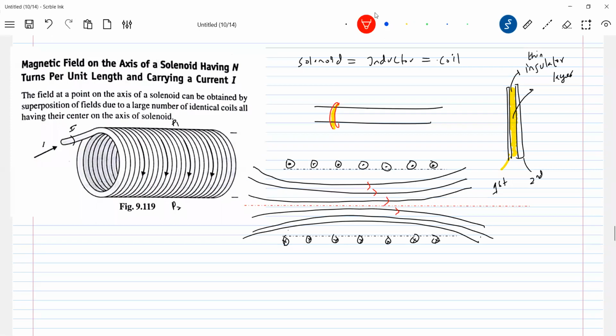It's a very important device. All that we call magnetic devices are nothing but a solenoid. Just as we have the electrostatic capacitor in electrostatics and the resistor in current electricity, to deal with the magnetic field we need a device called a solenoid. So these are the lines of force, and this is the axis of the solenoid.